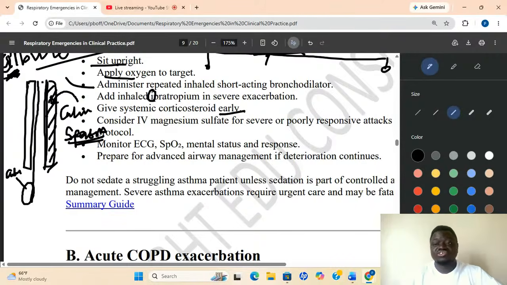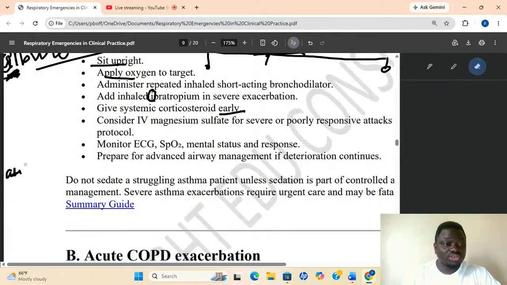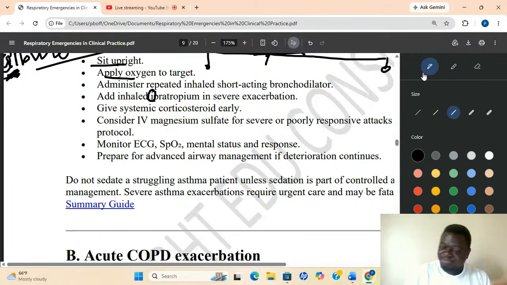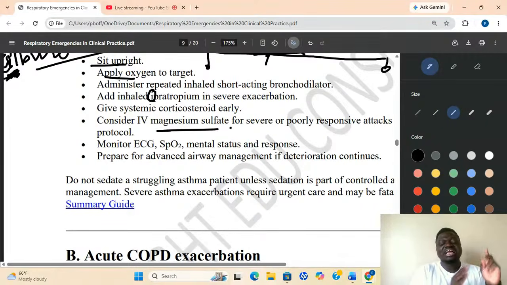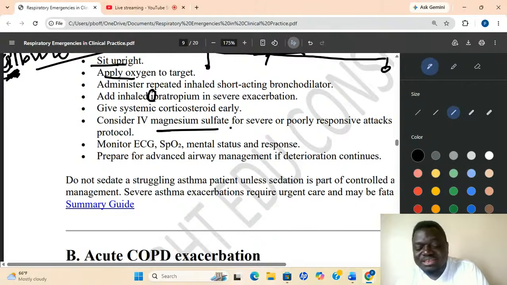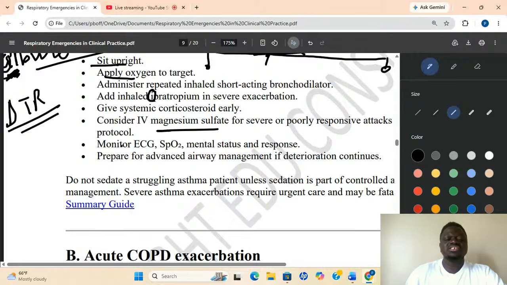So if you understand the physiology of asthma, you know how to treat asthmatics. But you are giving magnesium sulfate. Remember that magnesium sulfate you give is going to every muscle in the body. So you are giving magnesium sulfate to treat asthma, but you realize that the patient is becoming weaker, respiratory muscle, DTR, deep tendon reflexes are dropping crazily. You stop the magnesium sulfate because it is overly crashing your muscle activity.